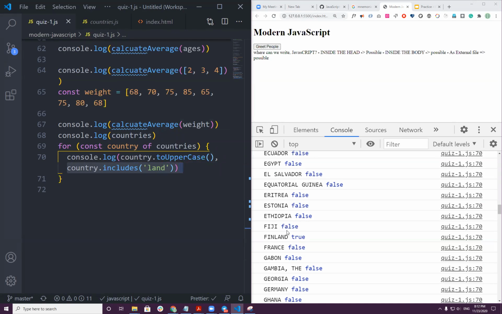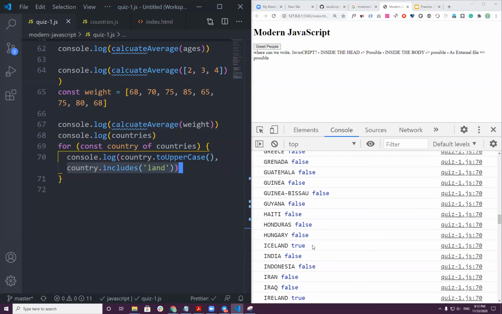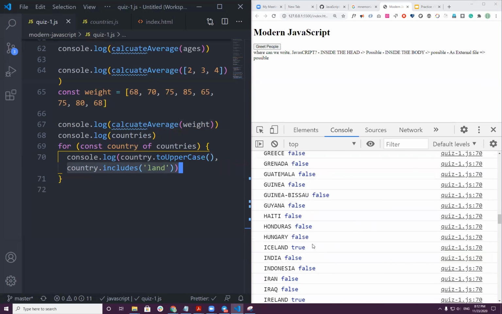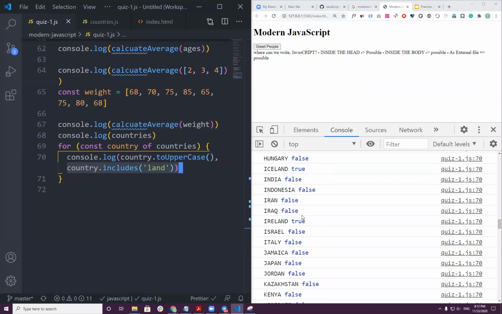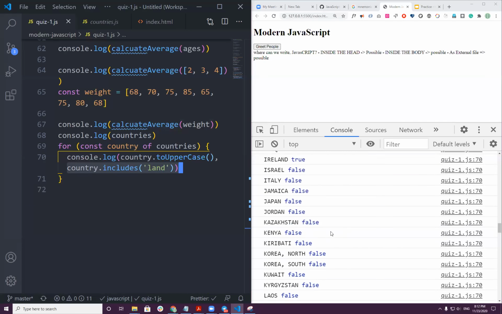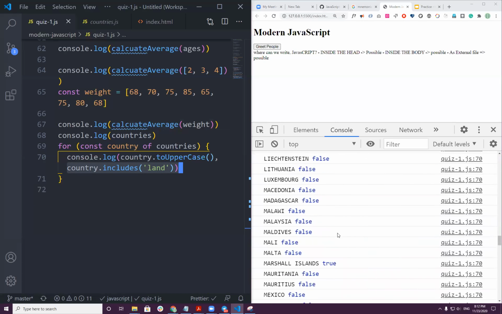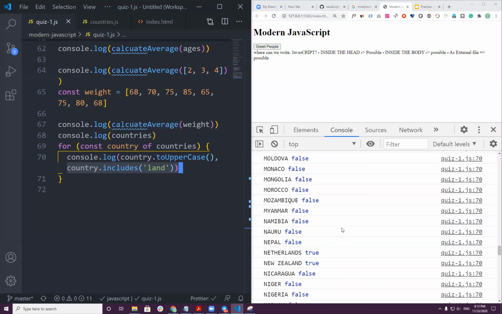Did you see, guys? Where is Finland? I missed it. Now here. Great. Other countries, maybe Scotland and so on, have a true value. Oh, Iceland here, and Ireland here. Great. Maybe we can also come up with countries we don't know, but we will figure that out later.